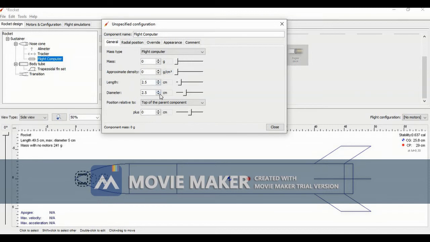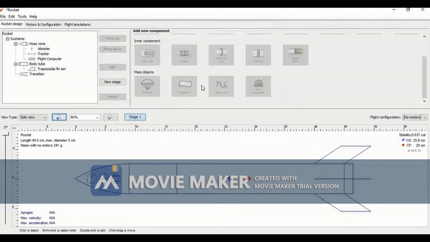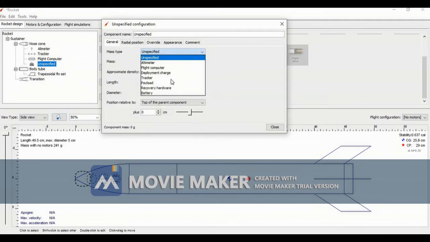Now we will decrease its length and breadth and give it a correct position. So here is the position. Now let's add another component. We have added the altimeter, tracker, and flight computer.